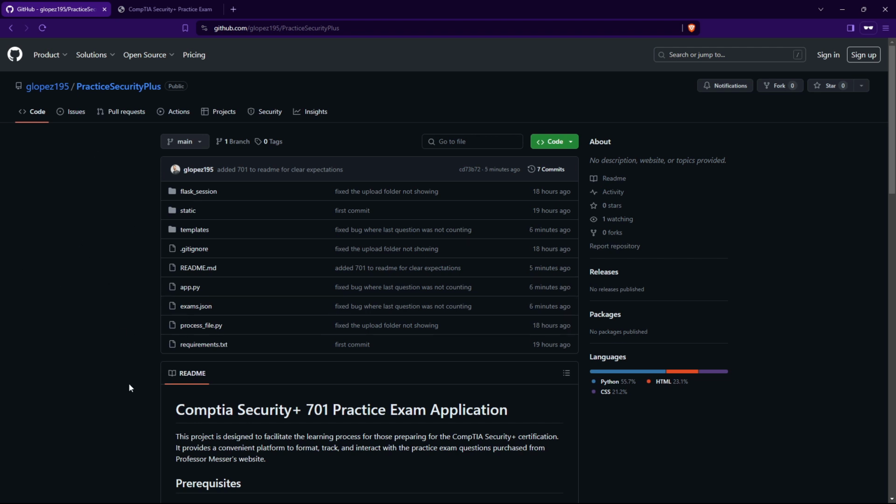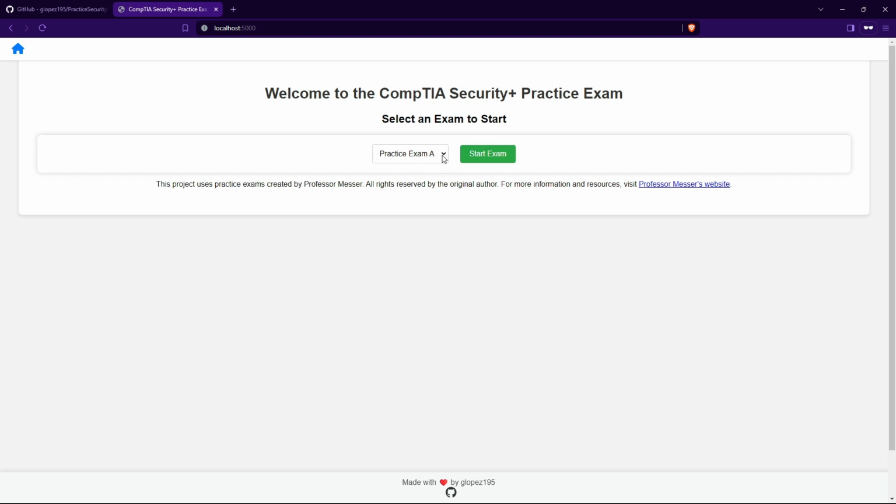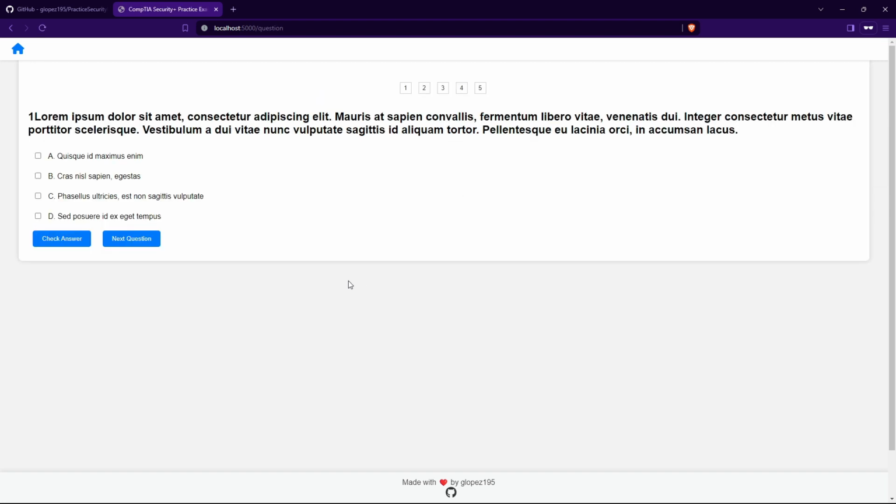Alright, before we begin, make sure you have Python installed on your computer, along with Git for cloning the repository. You will also need a PDF file from the practice exams that we will load into the application. Here I have practice exam A. Once you load the PDF, you're probably going to see practice exam B and C. We're going to start the exam, and here you have two ways that you can go about it. You can either select and go to the next question,